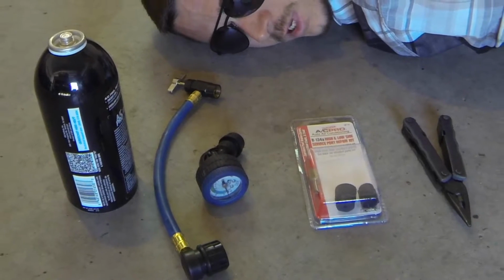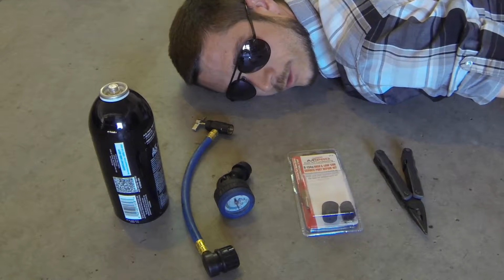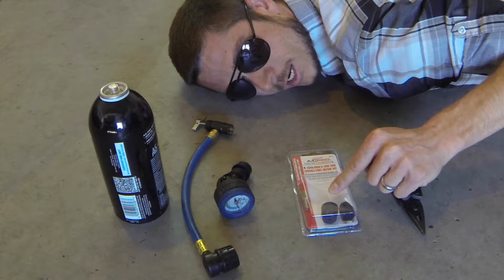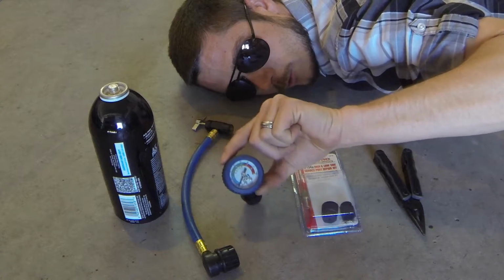Alright, let's get down to business on replacing your valve core and refilling your refrigerant. These are the tools that'll be required by me today. You're gonna need one of these to pull your valve core out. You're gonna need this kit right here to replace your valve core, and it has the valve core tool. You're gonna need one